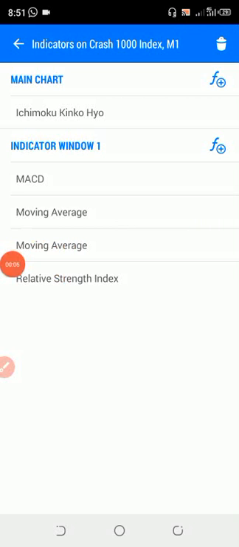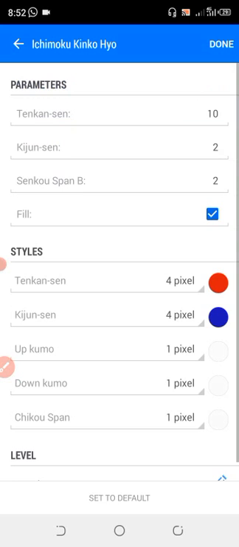These are the indicators I used for the last videos I just dropped, the Boom and Crash and the MACD slash moving average strategy. Sorry for not dropping it earlier. These are the indicators I use.